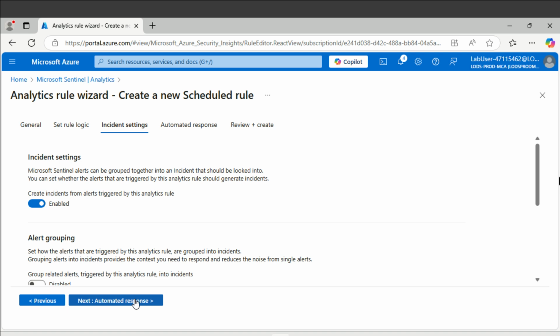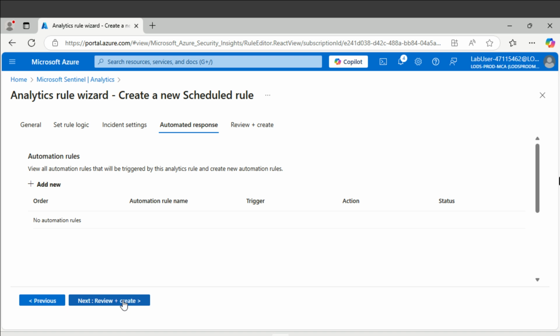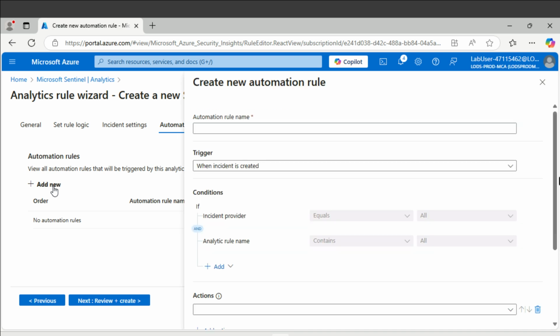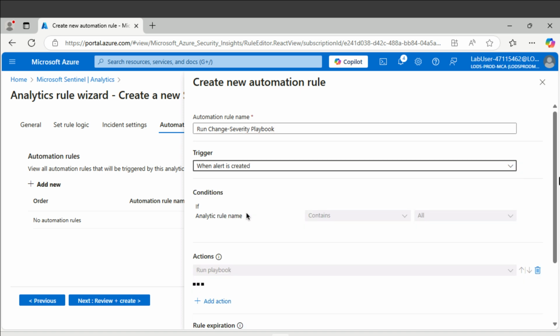Then for the incident settings, we're just gonna go with default. We create an incident from this. And then here for the automated response, we're gonna add our workflow. Okay, so let's call this the run change severity playbook, and in the trigger, when the alert is created,